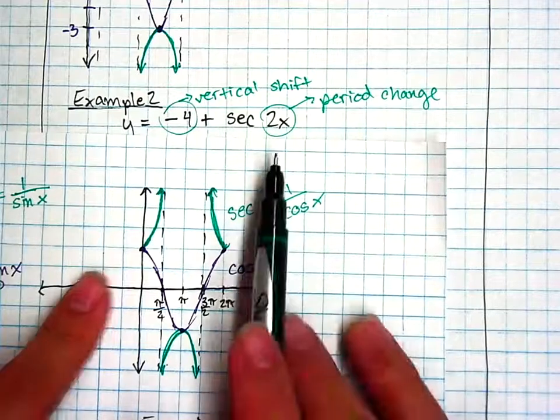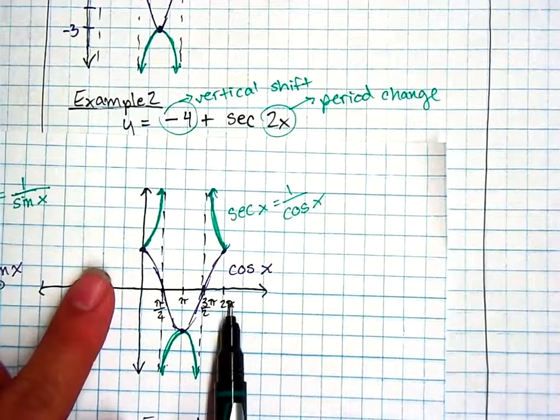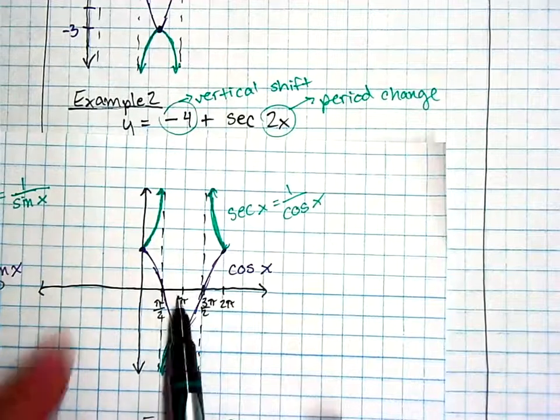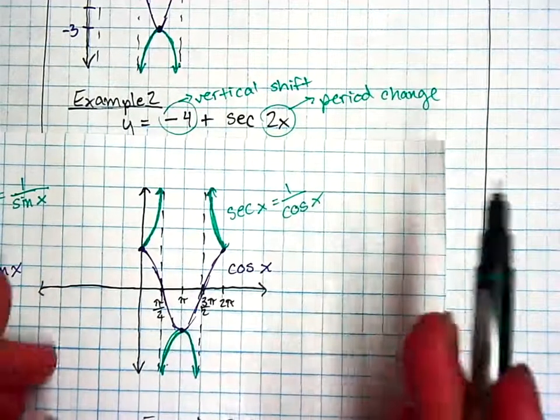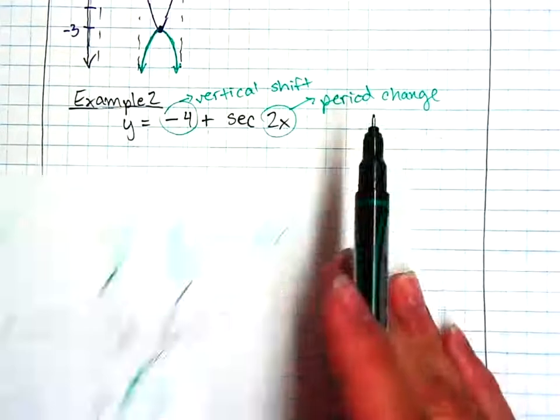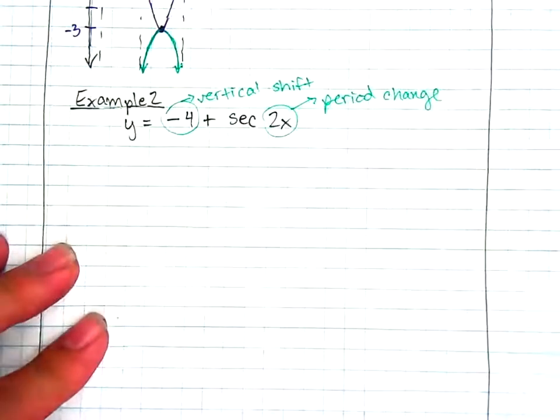We're also going to restrict our domain, our period actually, into a smaller region. So instead of going all the way from 0 to 2 pi, we're only going to go from 0 to pi. So all of this is going to be compressed into a much smaller little region, so from there to there. Okay, so with that mental image, let's go ahead and try to graph this